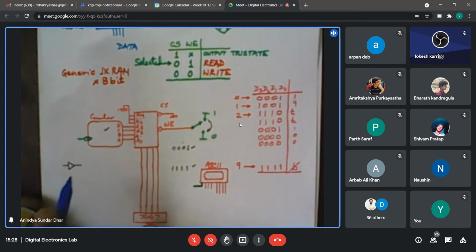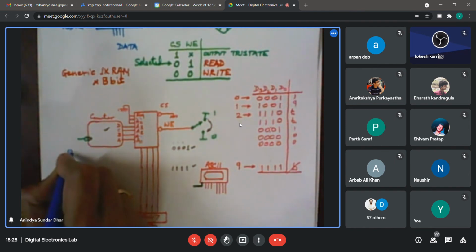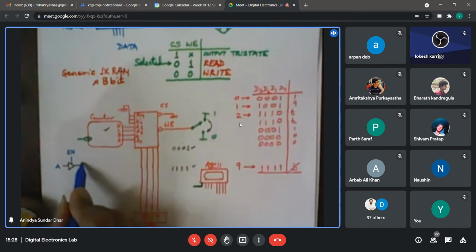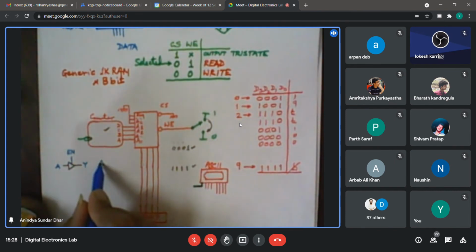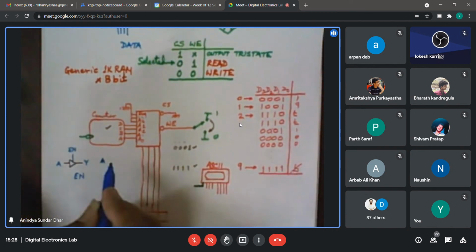In this case we will use a tri-state buffer, which has an extra signal called enable. If the input is A and the output is Y, the truth table is something like this.